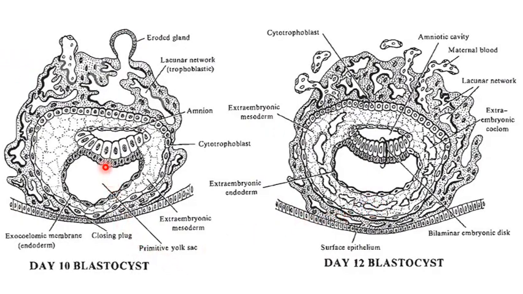So, what we are seeing here is the epiblast. This is the amnion that is lining the amniotic cavity. This is the extra embryonic membrane. One we talked about was the chorion. This is another extra embryonic membrane, that is the amnion, which will be lining the amniotic cavity, and within this amniotic cavity the embryo or the fetus is present. So, these are large columnar cells as the epiblast.